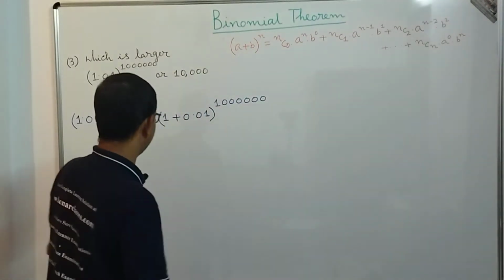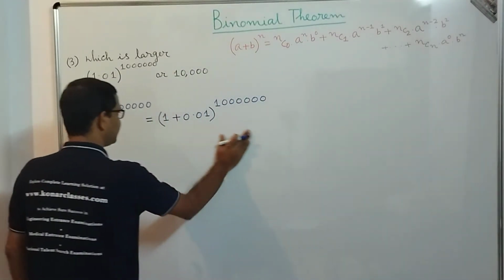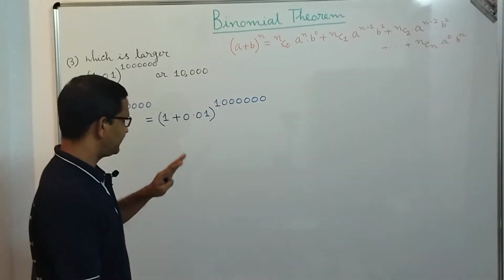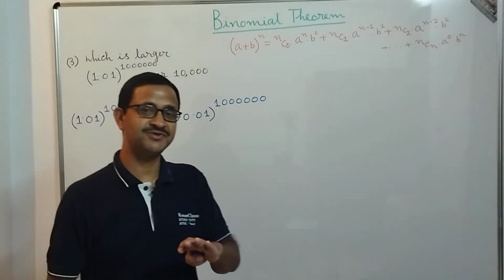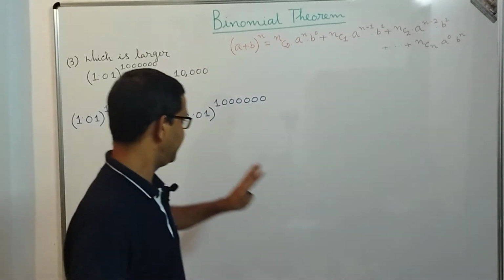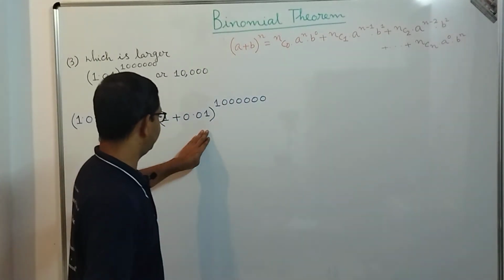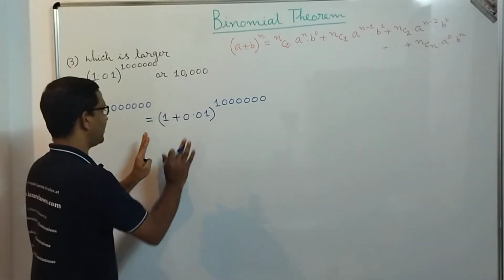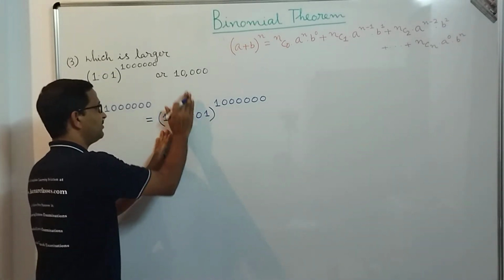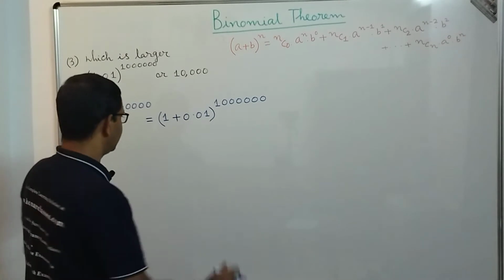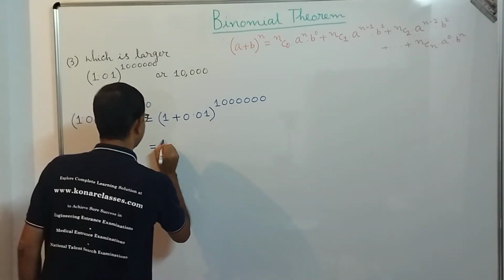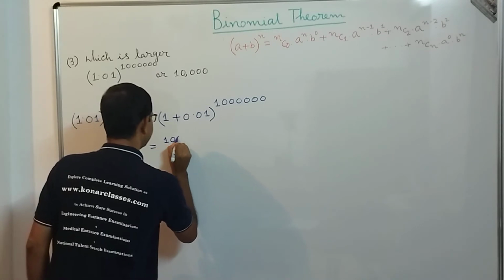Right. But we don't need to expand this one, we don't need to go with all these 10 lakh 1 terms. Here the question is not to expand that particular binomial expansion. Here our question is to understand which one is larger, this one or this one, 10,000. So let's see, if we start expanding, how will it be? It will be 10 lakh